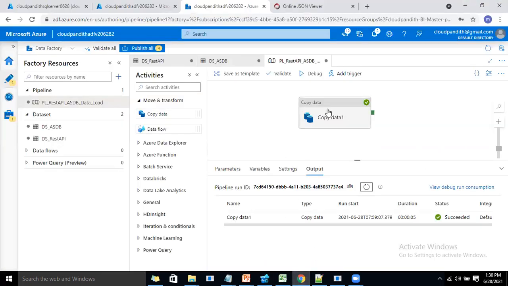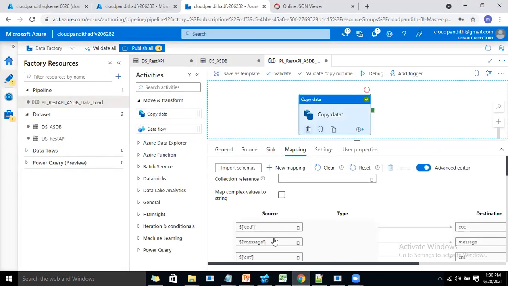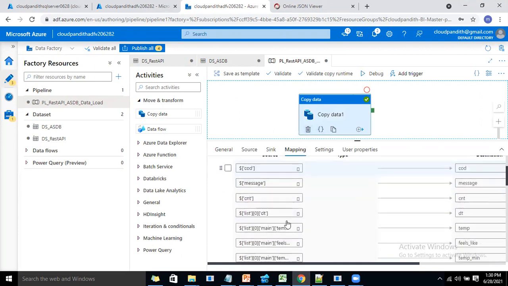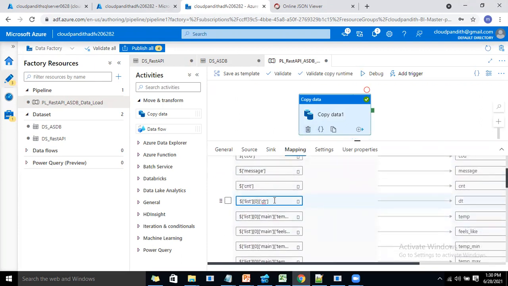You may ask, can I use this copy activity within a for loop, take one value at a time and pass it here? Yes, if you pass one, that will work, but you cannot pass any value dynamically here. If you hard code it, for sure it will work. Let me show you. Let me change all these things.